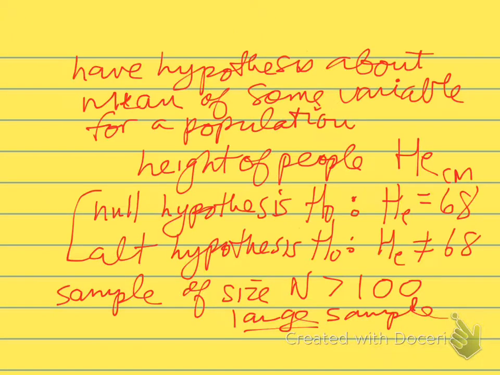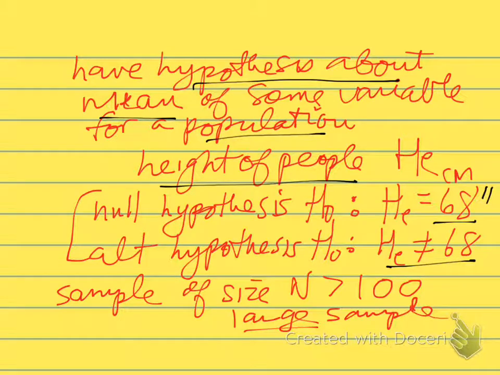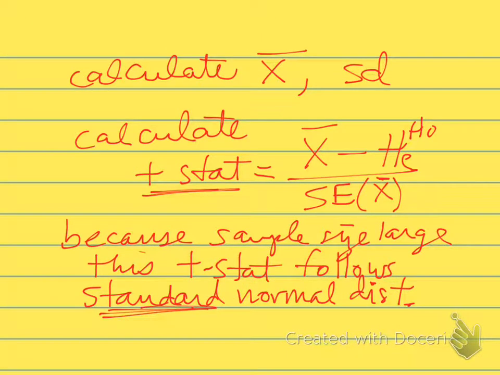Our second use of the normal distribution is when we have a hypothesis about the mean of some variable for a population. So we might have a hypothesis about the height of people in a population. Our null hypothesis, for example, might be that their height is 68 inches. Our alternative hypothesis is that their height is not 68 inches. So we're talking about the average height for a population. We take a sample from this population, and as long as the sample size is large, we'll just say informally that means greater than 100, we take that sample, we calculate the mean height for that sample and the standard deviation of height for that sample,